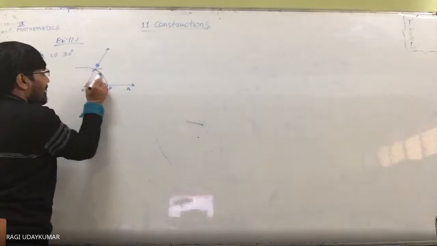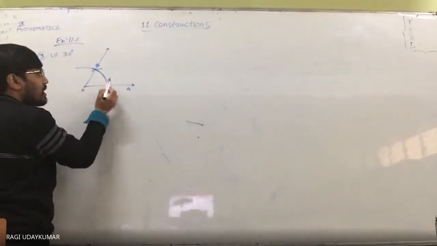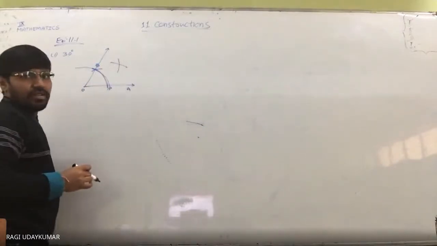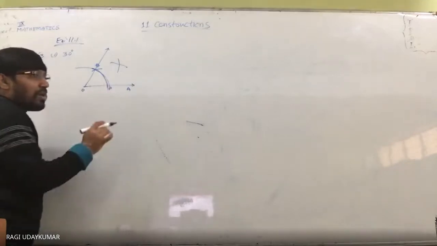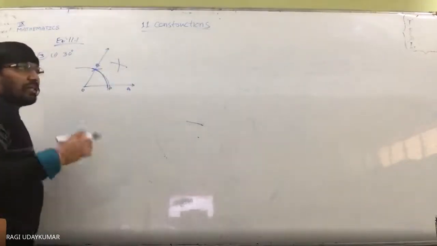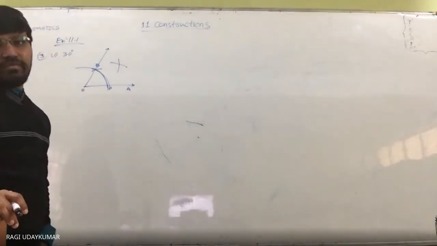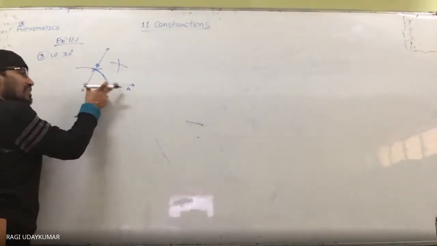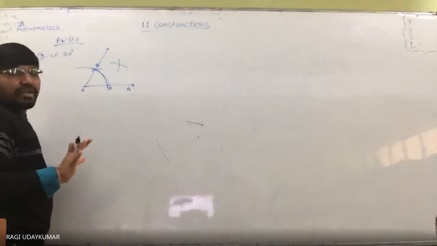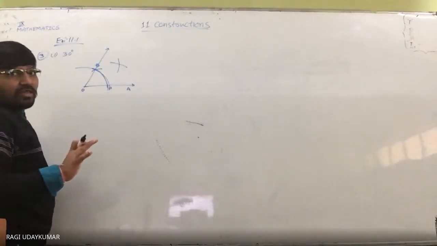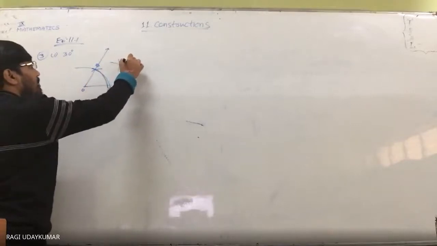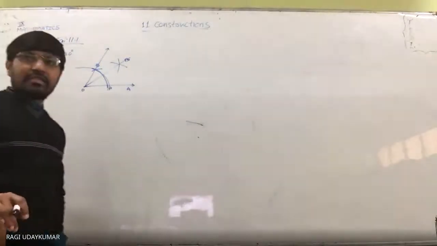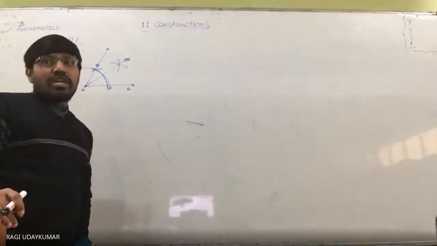Bisector is nothing but, already one arc is drawn here. This is only the arc. This one has a center, one arc here. This one has a center, another arc here. But do remember that for these two centers, whatever arcs you are drawing, their radius should be the same. It is not necessary to keep them equal; you can keep them equal or slightly more. But better to keep the same radius. If you are not changing, it's not a problem. So now here, this is a point B. Therefore, angle AOB is 30 degrees. Like this.